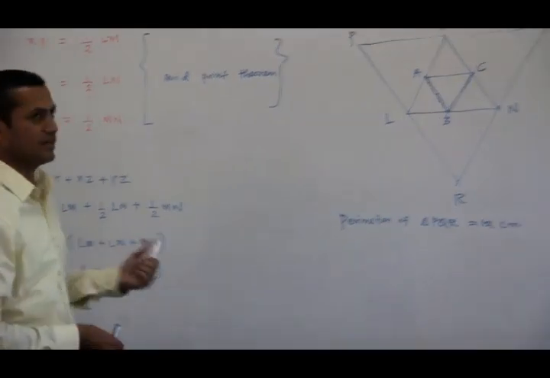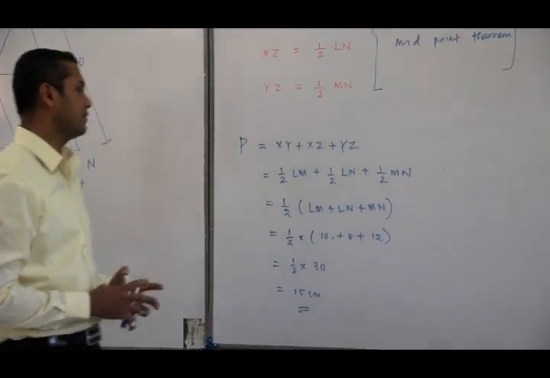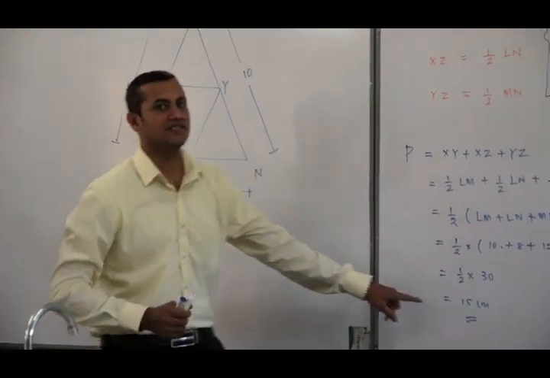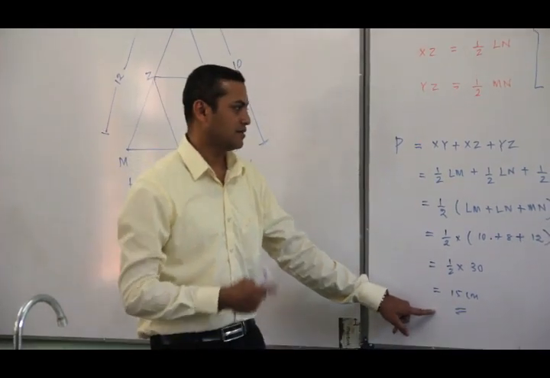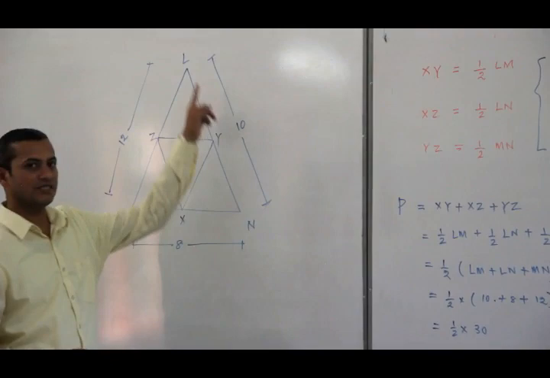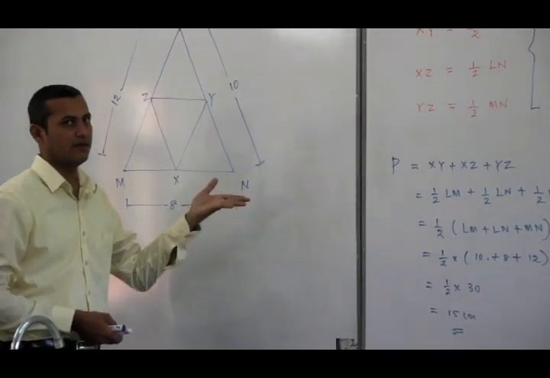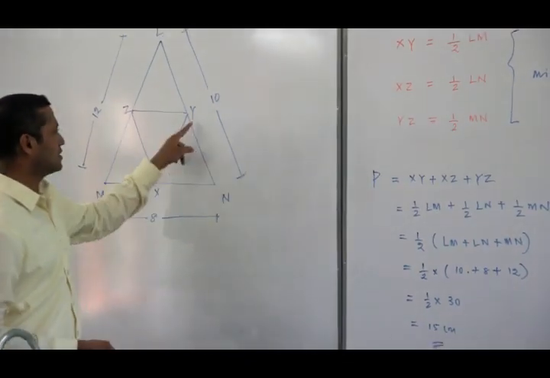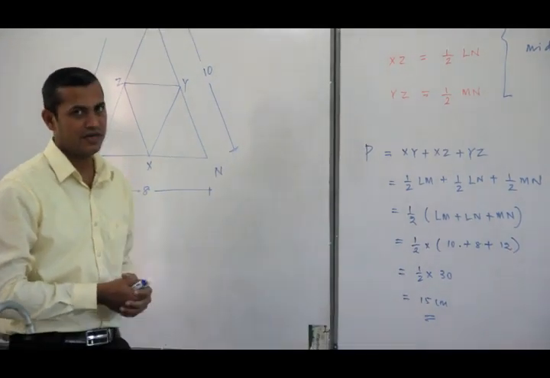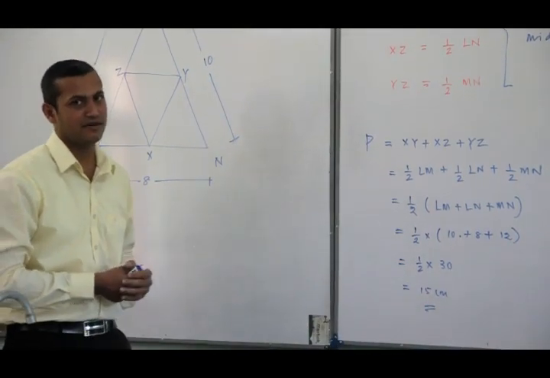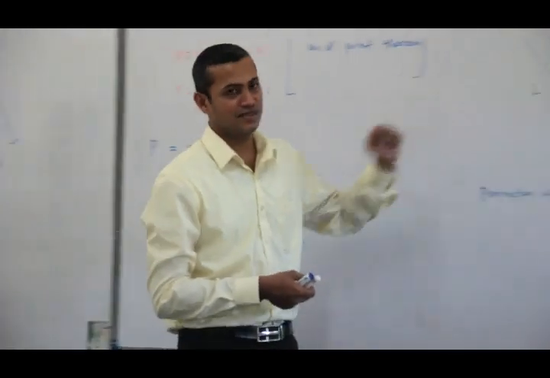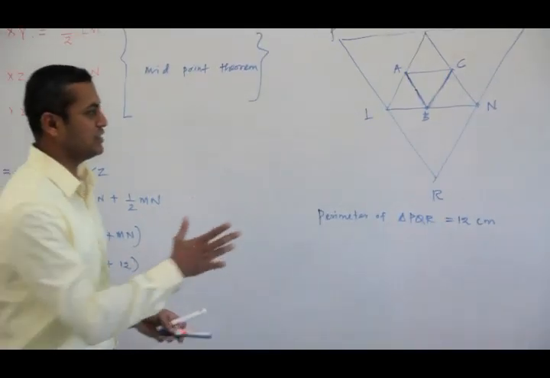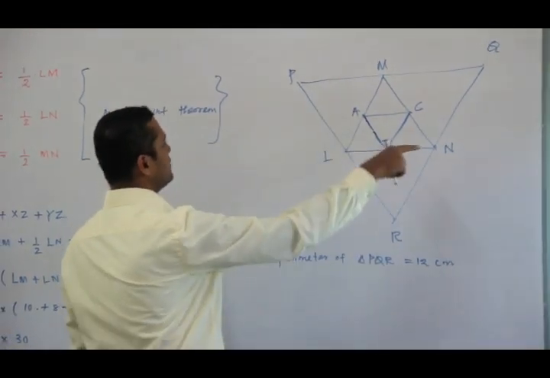Now, I want to explain something from the previous question which we did. Look at here. Earlier, we found the perimeter of this triangle. It was 15 centimeter, right? But the perimeter of the large triangle would be how much? That is going to be 30, right? 30. This is 15. Perimeter of the large triangle 30. Perimeter of the small triangle 15. Exactly half. The perimeter is exactly half of the large triangle. I am going to apply the same theorem here, same method. Without calculating the sides, I am going to just directly write down the answer for the perimeter of LMN.